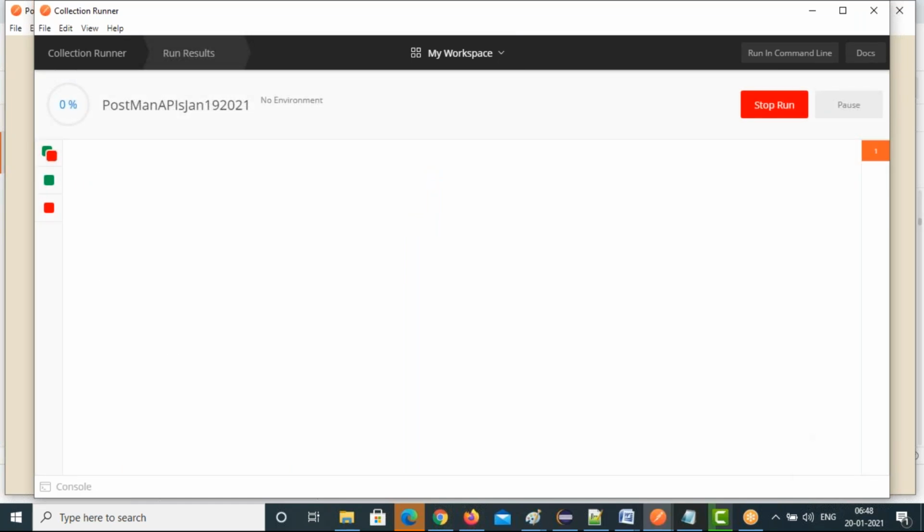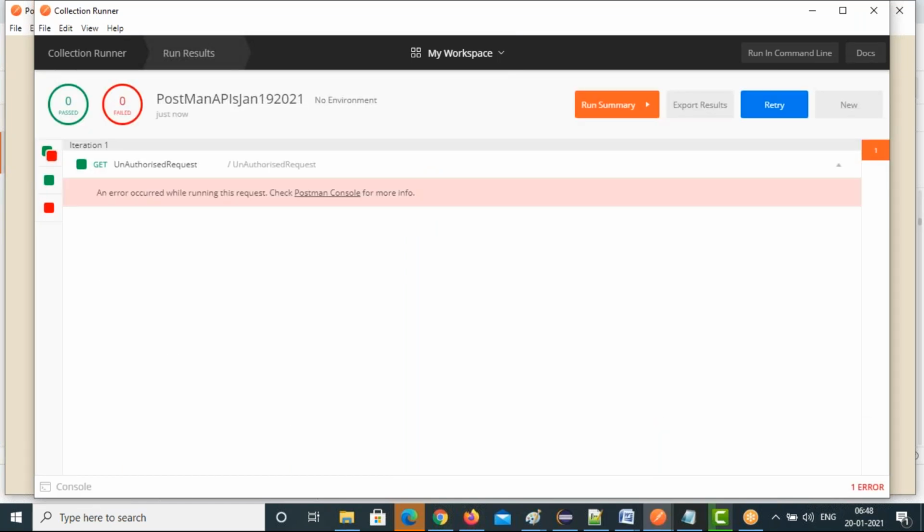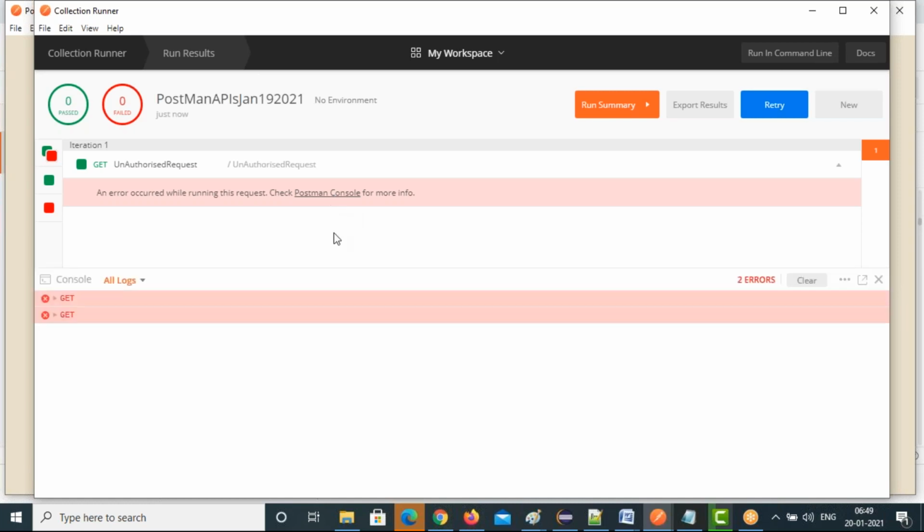Run as a Postman. So it is saying run while running, retry. So we'll retry one more time. The first one failed, but why are the others not running? Others should run, right?